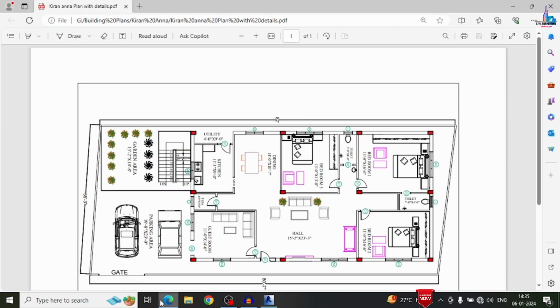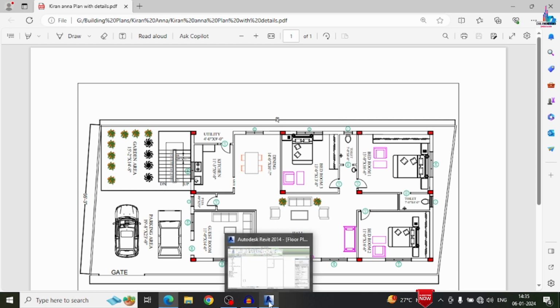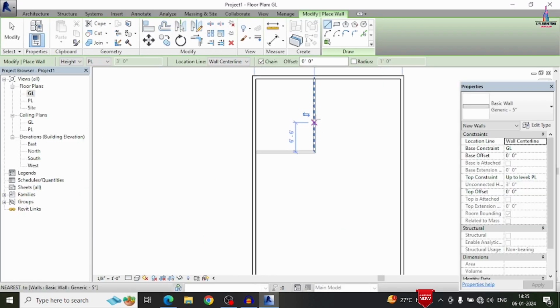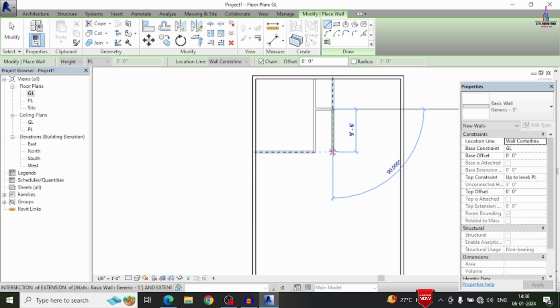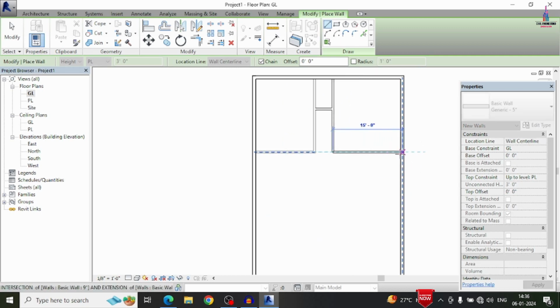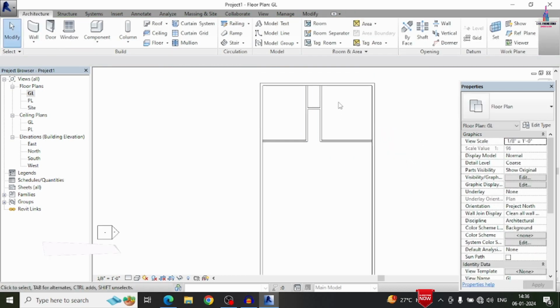After drawing these walls, again we have to draw the wash section, which is 7 feet and 4 inches. Here I am selecting a distance of approximately 4 feet. Again this height will be approximately 7 feet here. Now I am attaching here. Again in the same process I am selecting this corner point. Again I am closing here. Now you can see the wash area here like this.